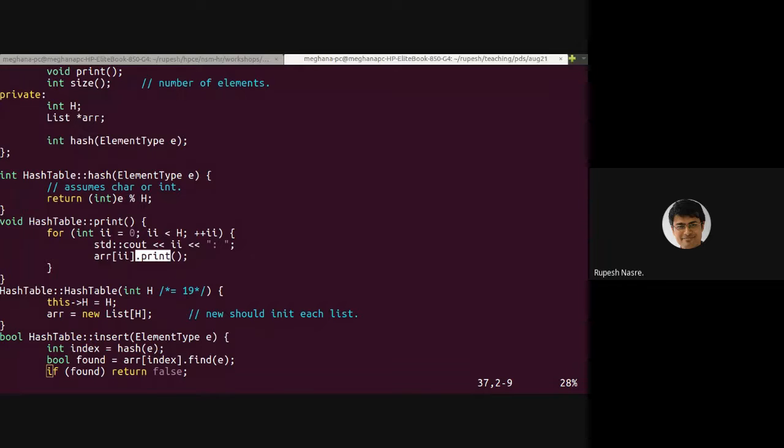Okay, there are more questions. Yeah, sure, Anil. Sai Charan says, so in hash function, we use the hash function to directly get the index of the element we are looking for.